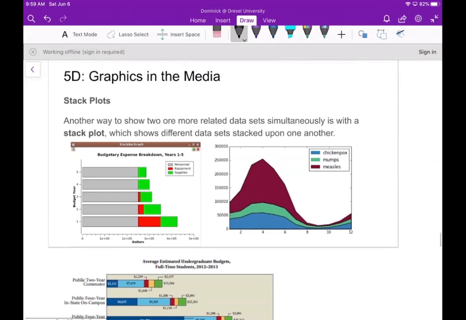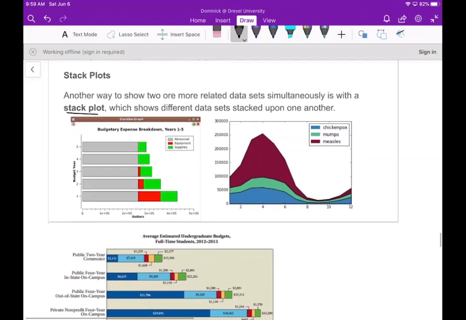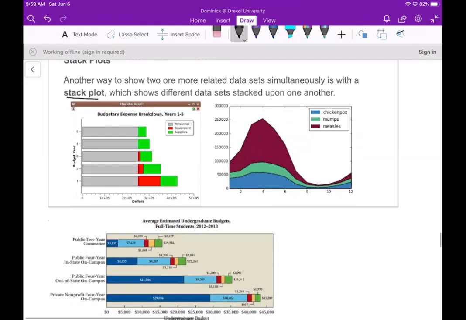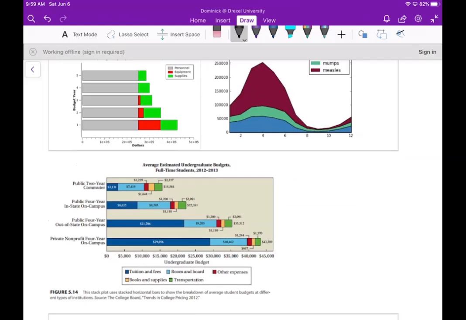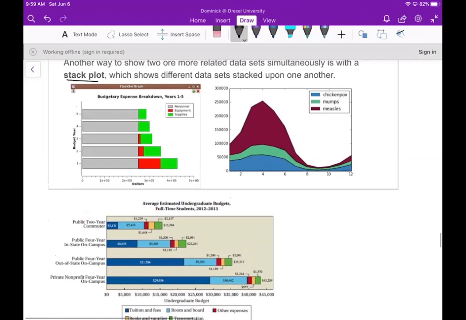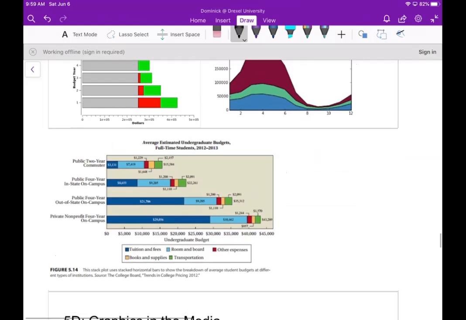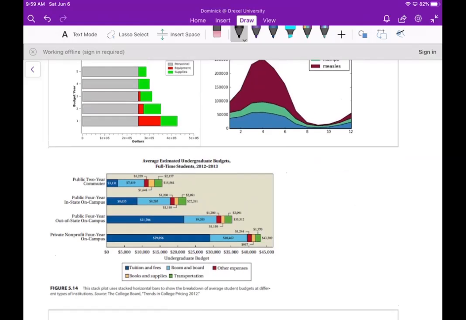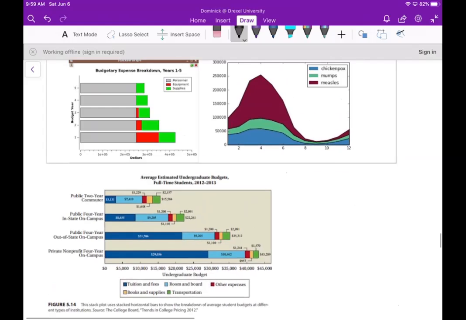Now the next way that we'll talk about to show 2 or more related data sets at the same time is with a stack plot. This shows you different data sets stacked up on top of one another, right? And this is another thing that will allow you to compare data sets fairly quickly, right? Now, one thing with stack plots is you usually have some kind of total category that's being broken down into different subcategories. So for example,